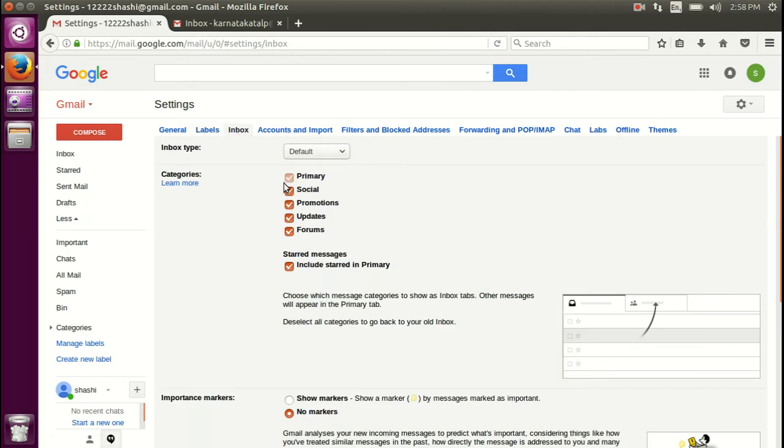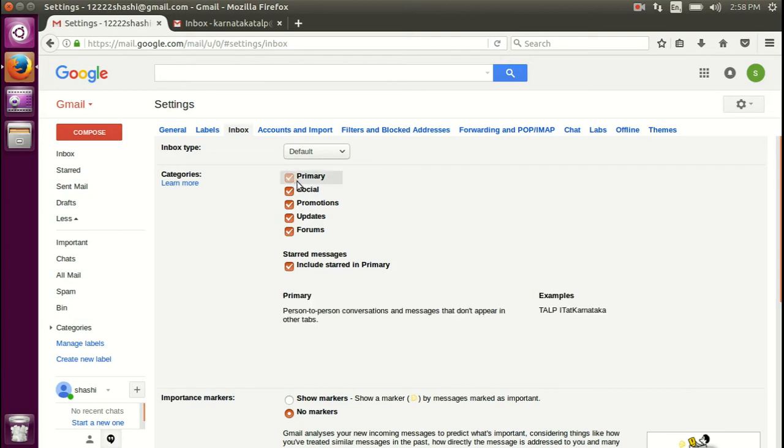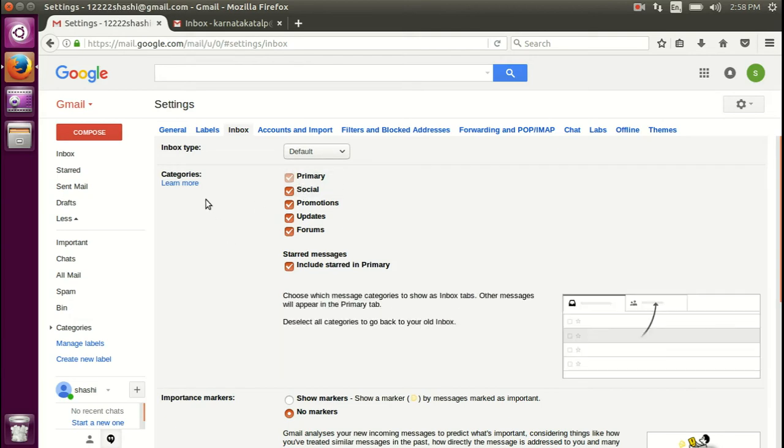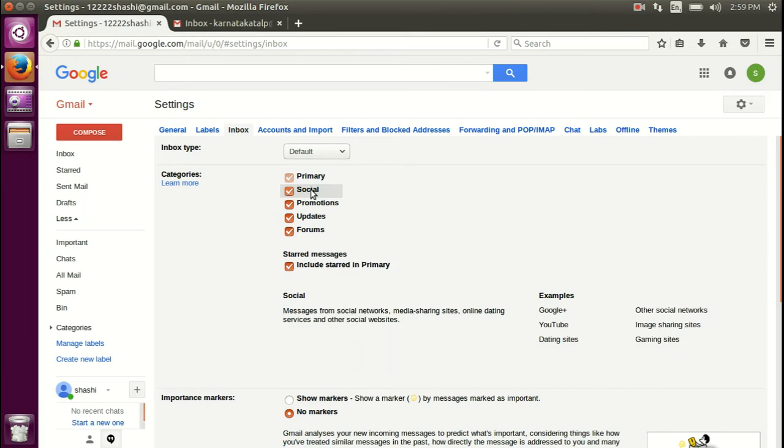Now we notice all of these have check marks, which is why all of them are appearing next to my primary inbox. Now what are these categories? Let's take a look at each one of them. The first one here is social, and let me click on that and let's look at what emails come into the social. The social folder or category will contain emails from sites like Facebook, Google+, YouTube and other such social